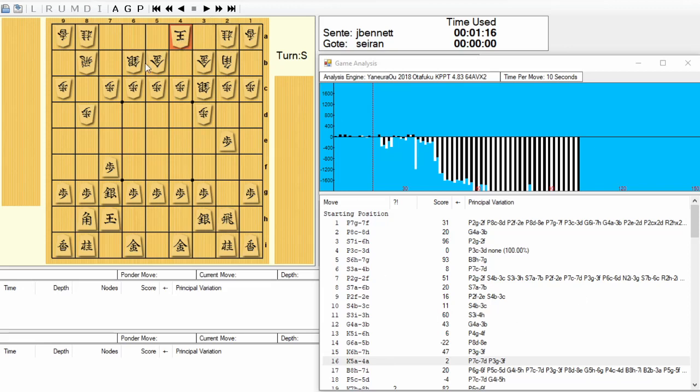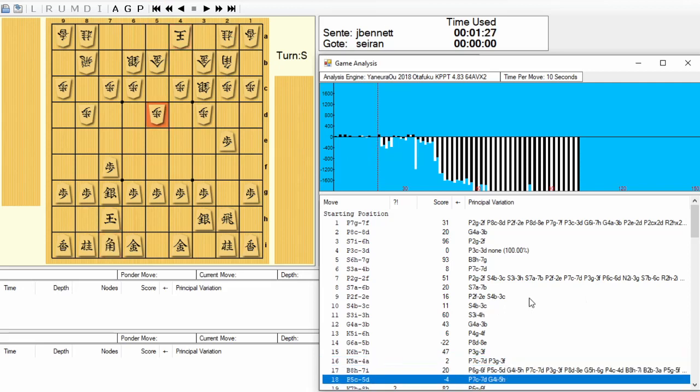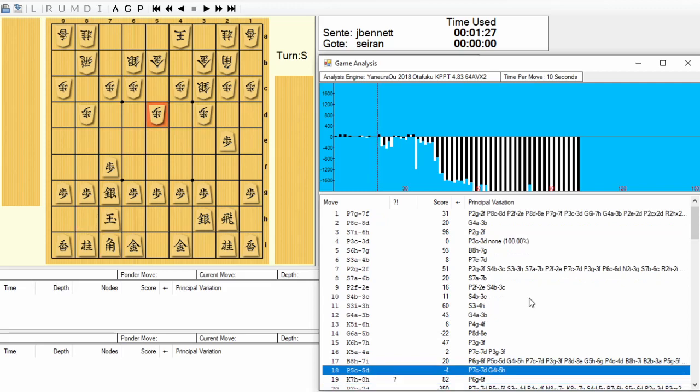This intermediate position with the two golds, though, seems to be fairly safe. And I think you can stay in this position for quite a while without having to move the king again, and that's pretty much what happened in this game. So right here, it didn't like my king maneuver. It wanted me to push a pawn,